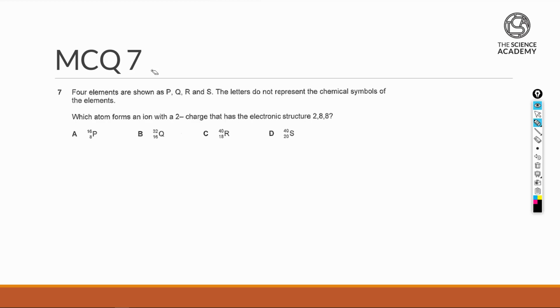In MCQ 7, we have a total of 4 elements here. They do not represent the chemical symbol, so do not confuse S for sulfur and do not confuse P for phosphorus. Alright, the question has a requirement that the atom will form an ion of a 2- charge. So this itself will suggest that the element should probably reside in group 6,